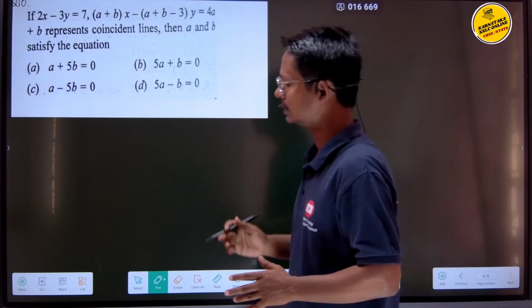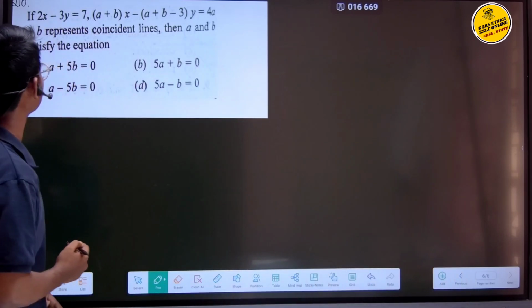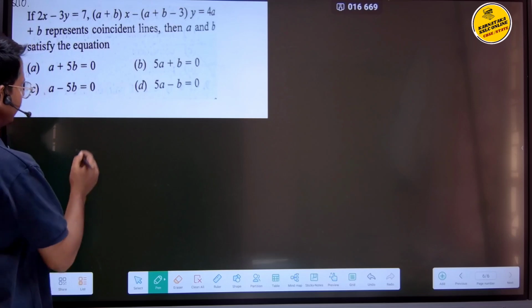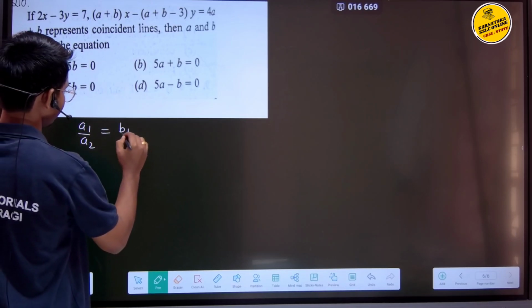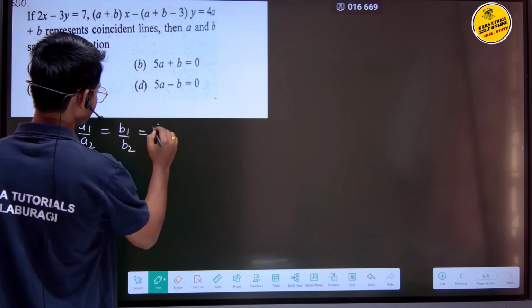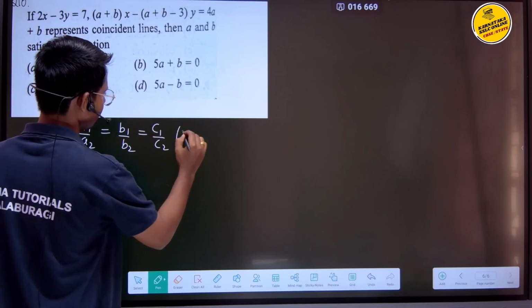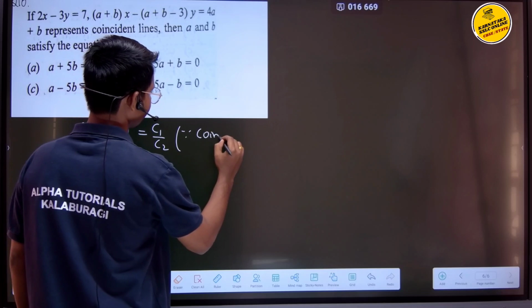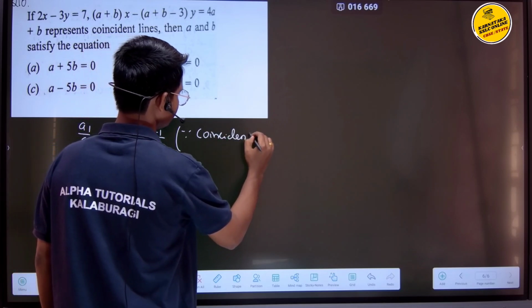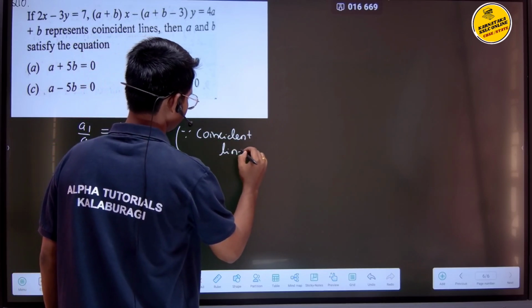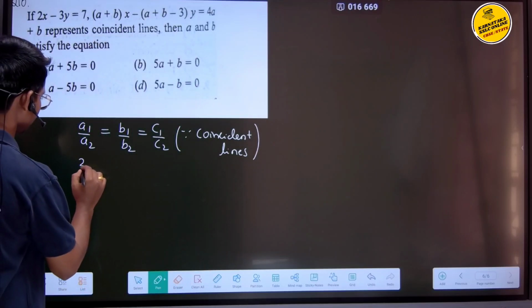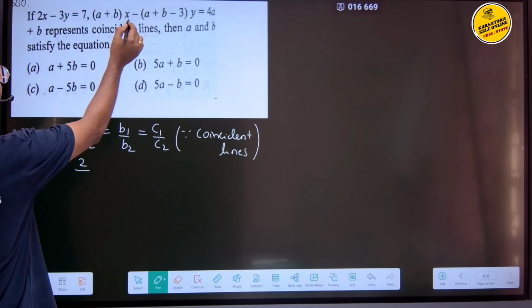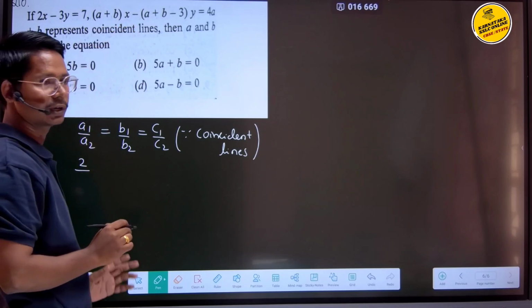As they said coincident lines, we'll write a1 by a2 is equal to b1 by b2 is equal to c1 by c2, because this is the condition for coincident lines. Now I'll write the a1 value, 2, and the a2 value from the second equation, the coefficient of x, which is a